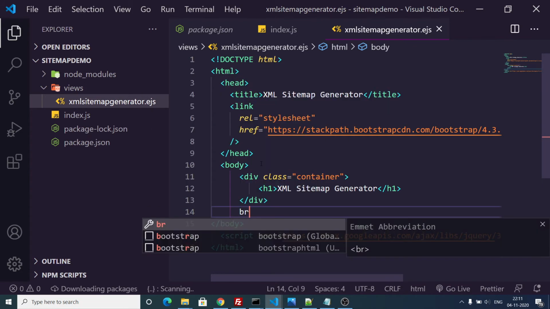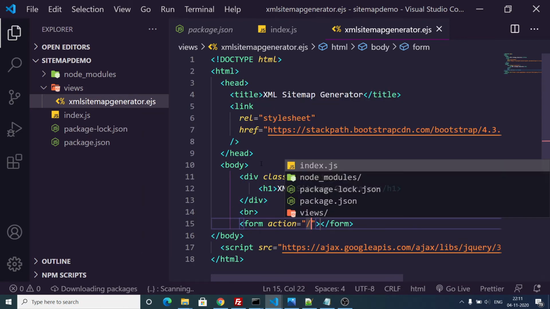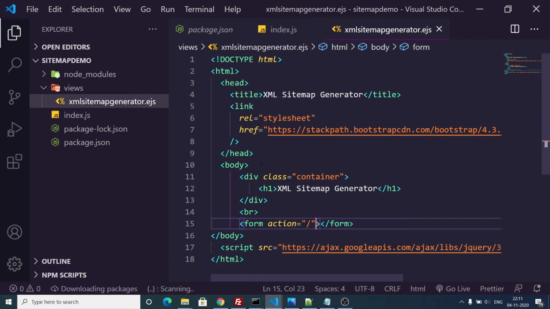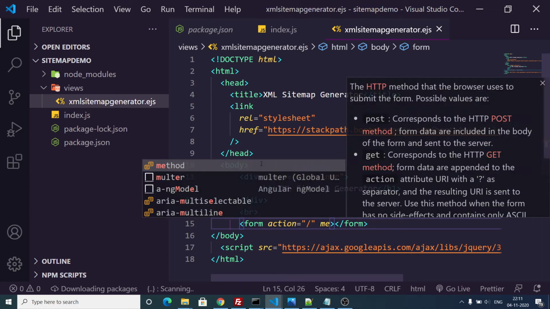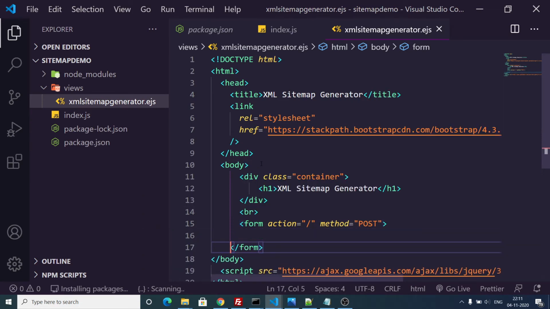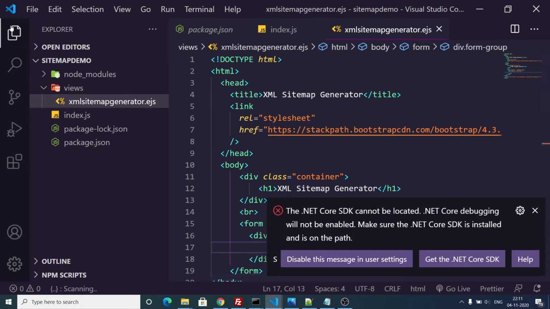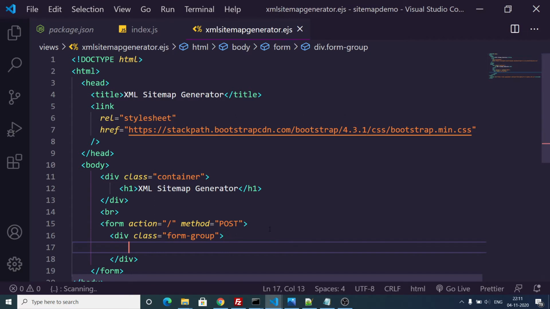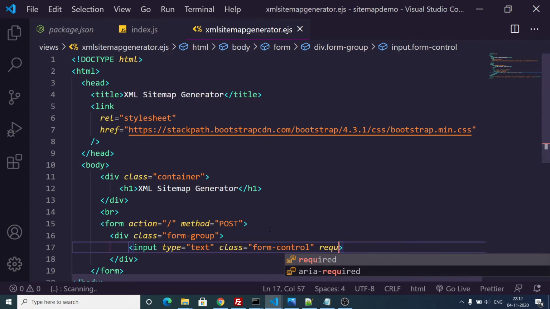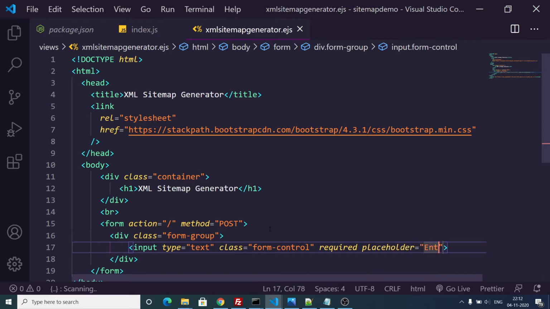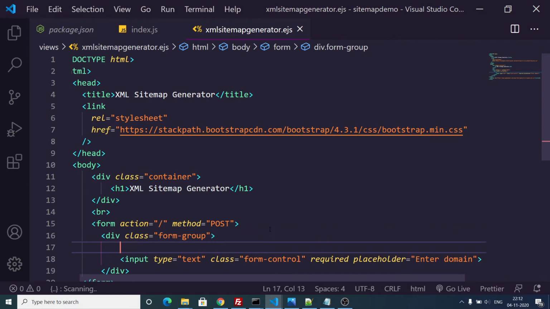And after this, guys, we will have a break, and we will have a form which will go to the action home route, and the method will be post simply. And inside this, guys, we will have the form group class of Bootstrap, and inside this we will have a simple input field type of text, and I will also give a class to it of form control. And here this should be required, and the placeholder will be enter domain, and we will also give a label